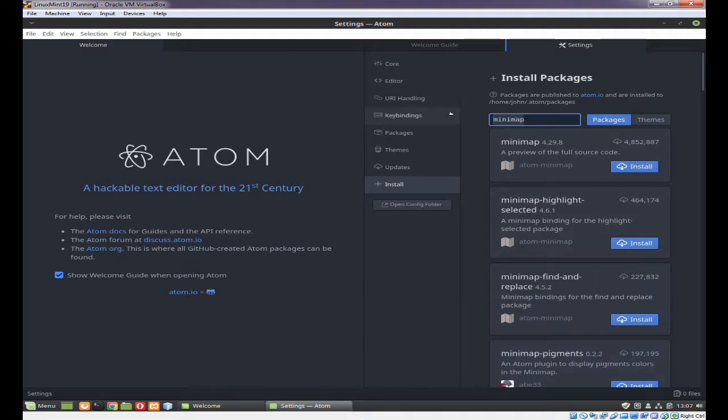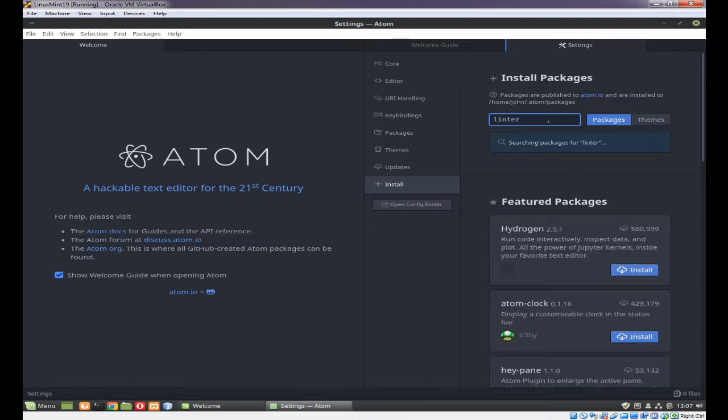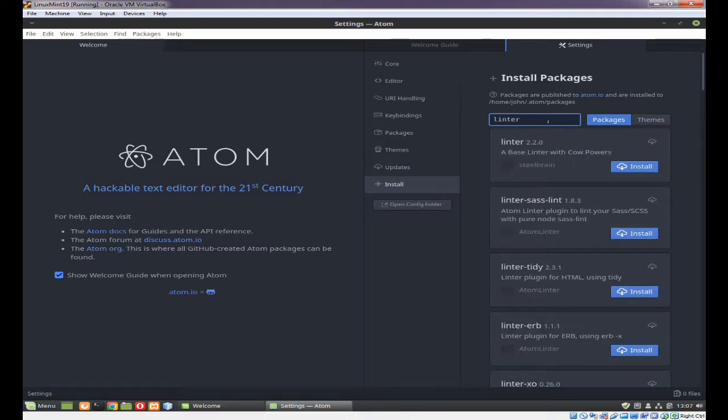And oops, the next one is Linter. Okay, and the one you want is the Steel Brain Linter. This helps with checking your code to make sure your code's okay and gives suggestions. We're not going to put a linter in just yet. We may do one a bit later, but if you put a linter in, you'll also want to put in